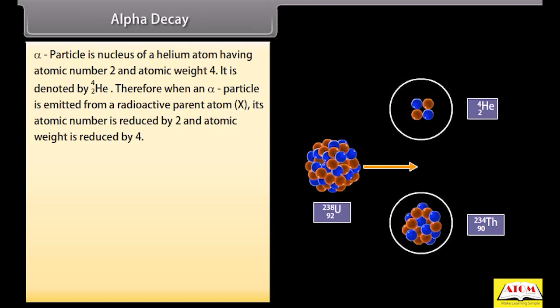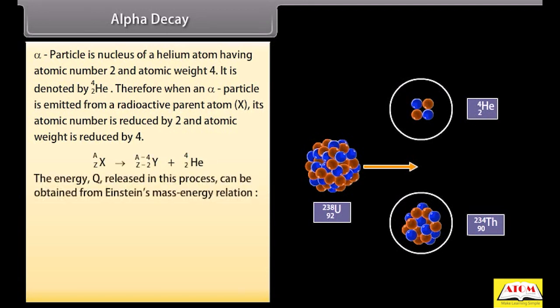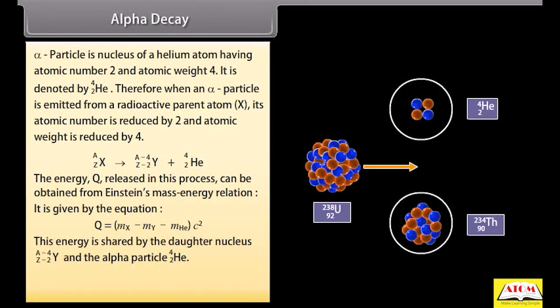The energy Q released in this process can be obtained from Einstein's mass-energy relation. It is given by the equation Q is equal to (mX minus mY minus mHe) into c². This energy is shared by the daughter nucleus and the alpha particle. For example,